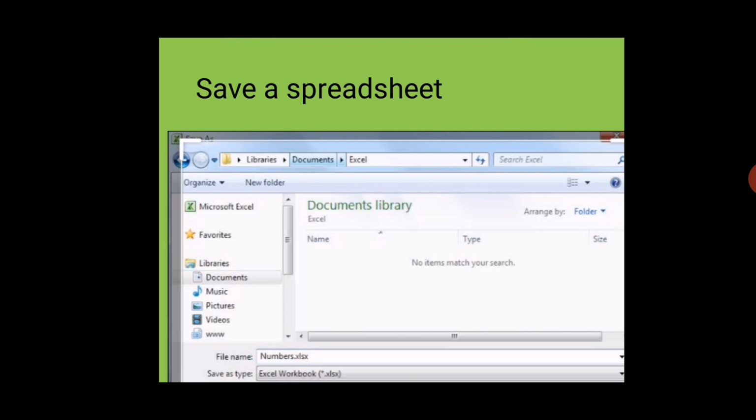Then click on the Save option, then your file will be saved. If you want to save the same file with another name, then just go to the File option and click on the Save As button. When you click on Save As, a window will appear and the same procedure will be followed. You just write the file name and click on Save.